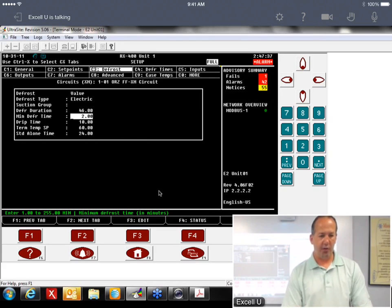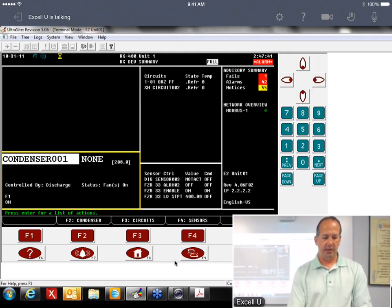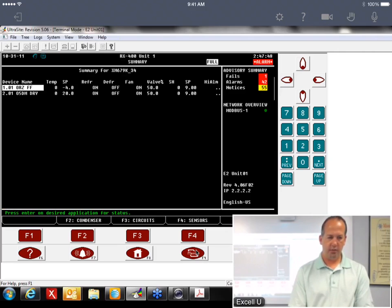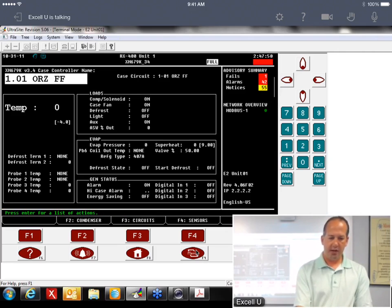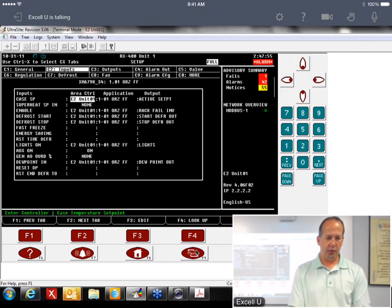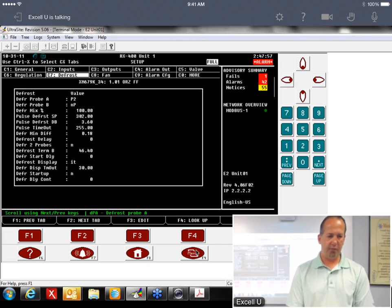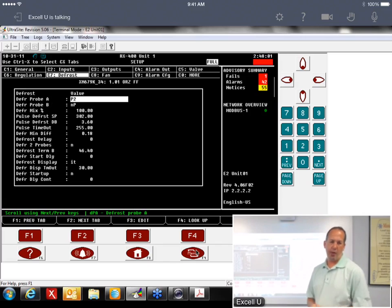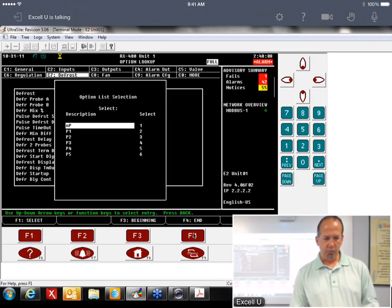Well, let's go ahead and do it now. So that would be in the XM device. We'd have to exit the circuit, go back to menu 5400, and go into the setup. And let's go to C7 for defrost. And this first parameter here, defrost probe A. So that's what probe I look at for my defrost termination. If I hit F4 lookup,